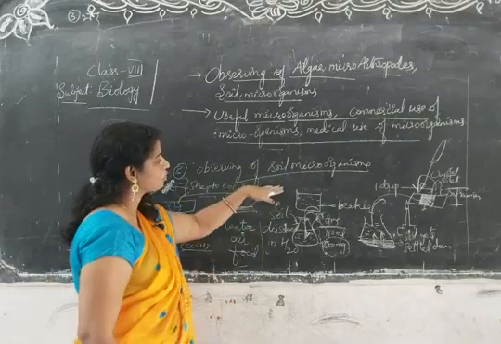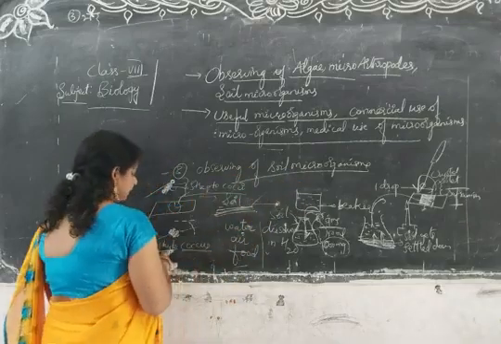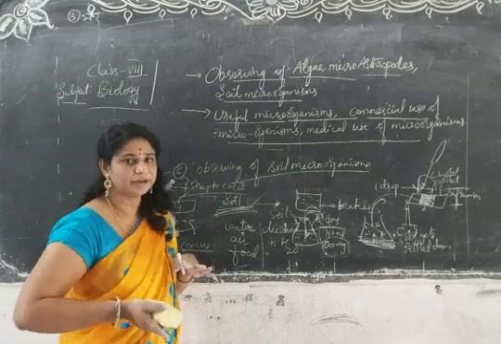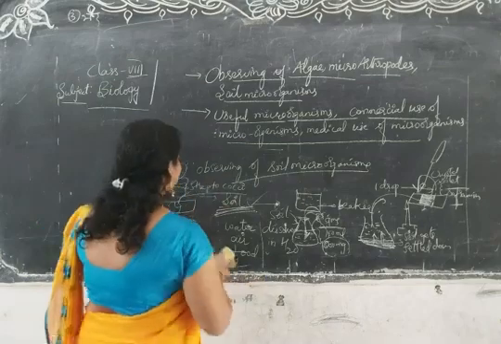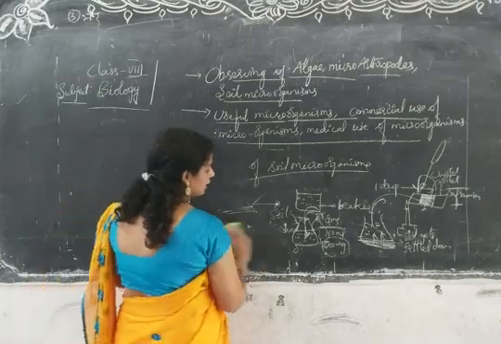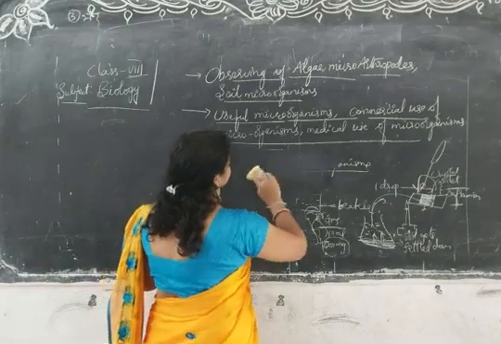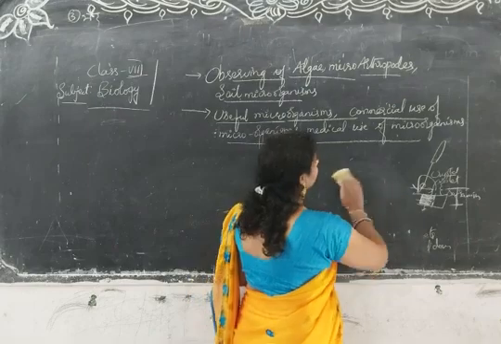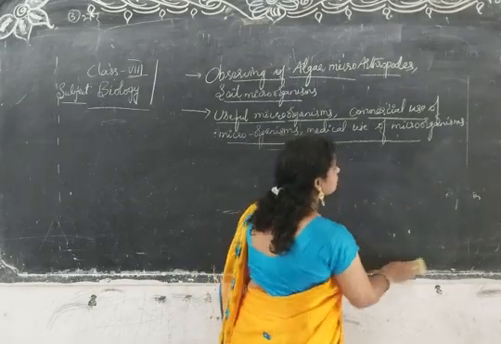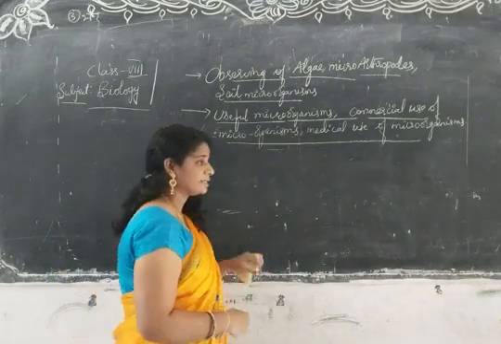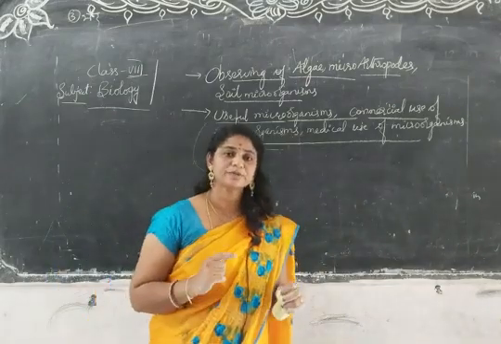Which types of microorganisms can be seen? It may be Staphylococci, it may be Streptococci. So this is about the microorganisms in different places, how to observe them in water. Algae are also present in the water, and microarthropods. Okay, now I said there are microorganisms present in the water.